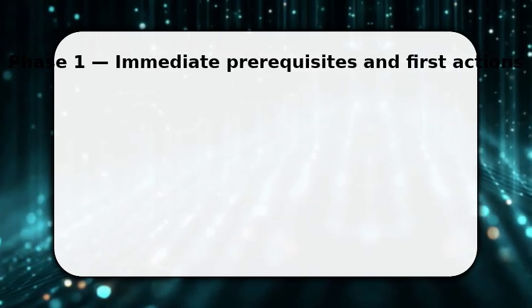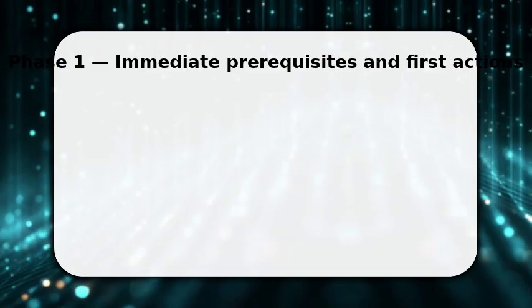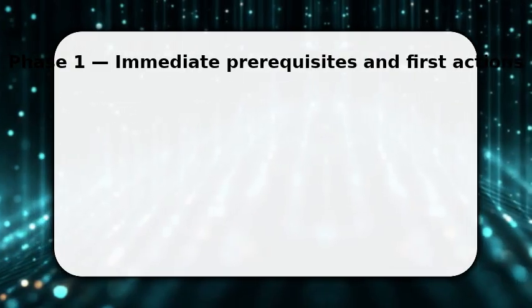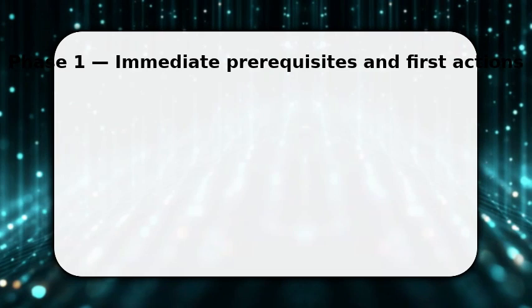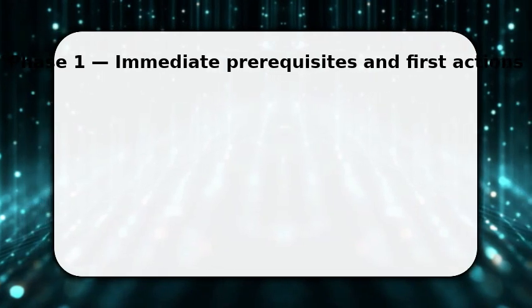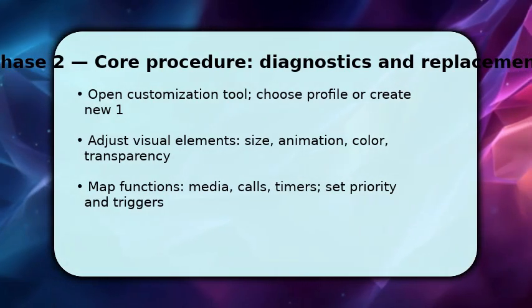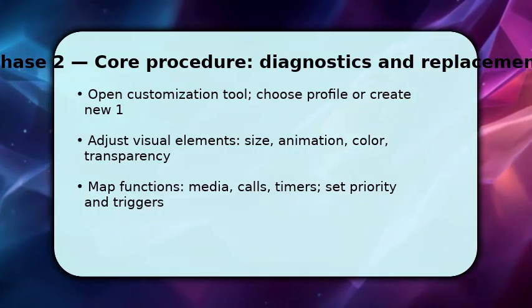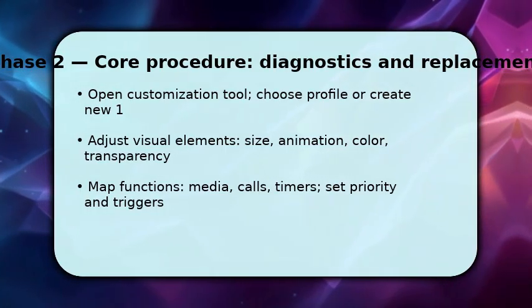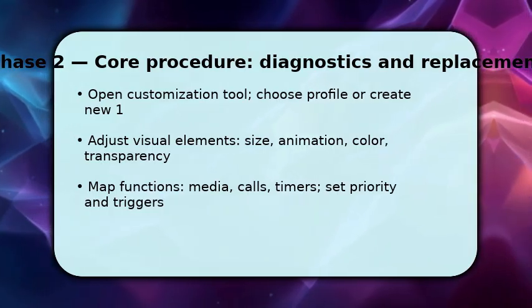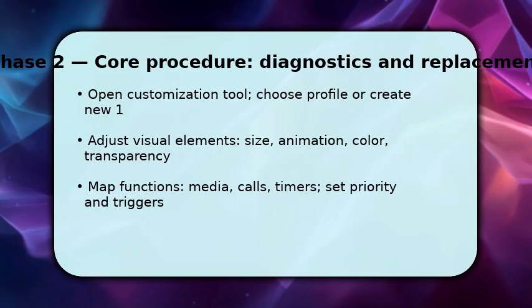restore if needed. Now open the app and grant the minimal permissions it asks for. This unlocks the customization steps that follow. You'll now configure the main behaviors inside the tool. First, create a new profile or choose an existing template. This keeps changes reversible. Then adjust visual parameters like size, animation speed, color accents, and transparency so they match legibility